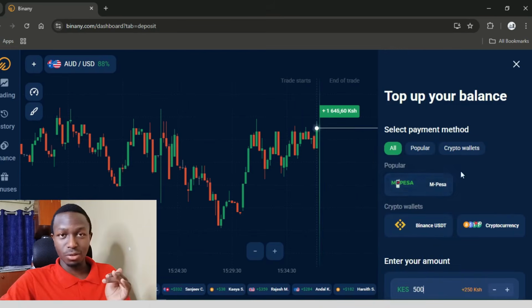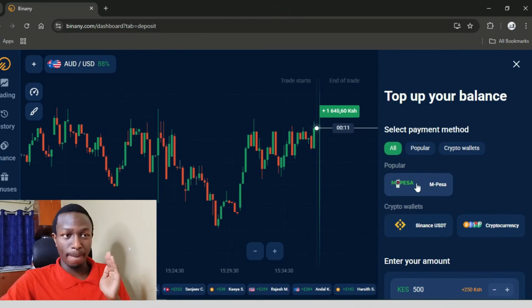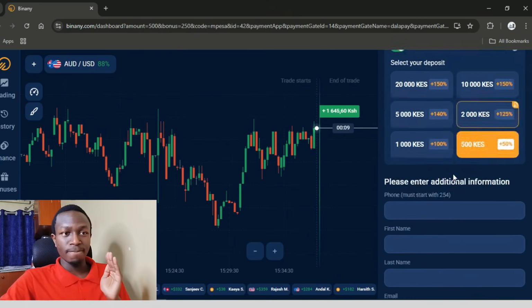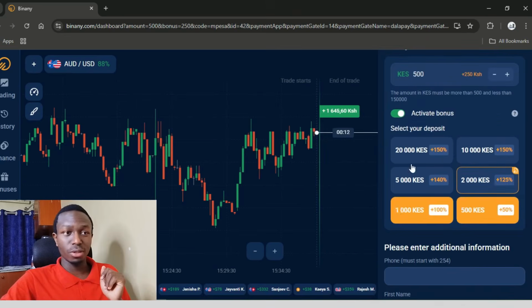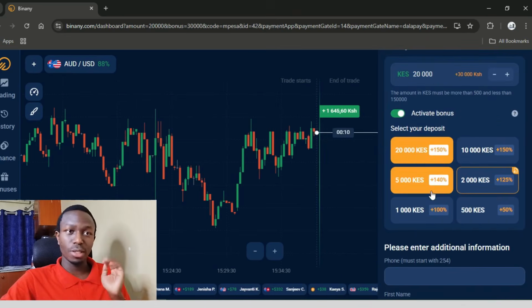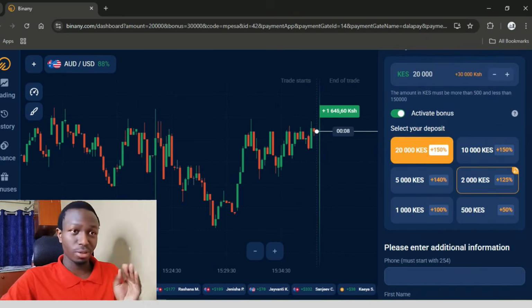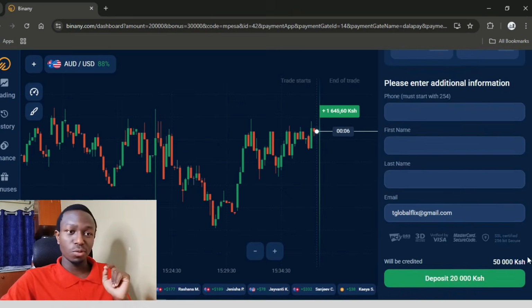So you will select the payment method, which is M-Pesa in my case. And you will fill in your information here, your phone number, starting with 254, of course. Then you will deposit 500 shillings and you will be credited with 750. If you decide to deposit 20,000 shillings, you will get 150% deposit bonus, which means your account will be credited